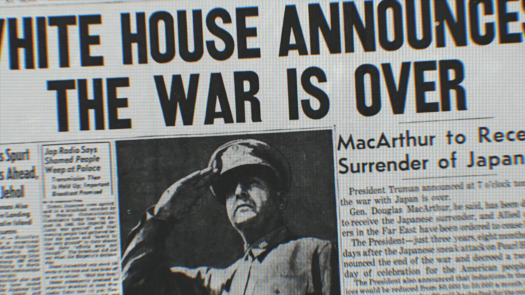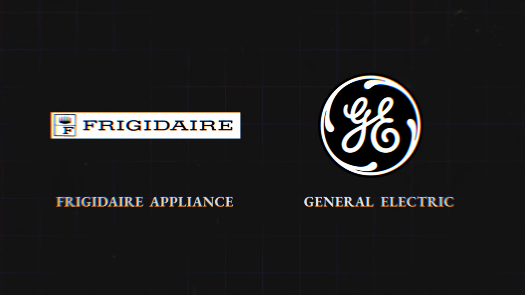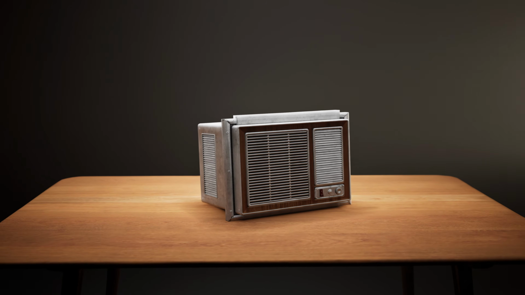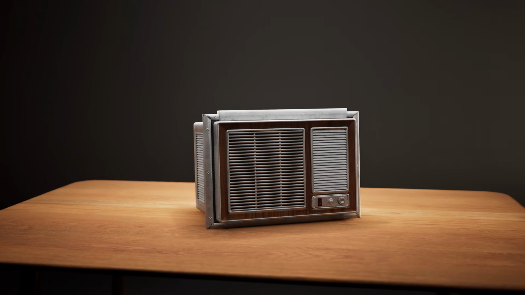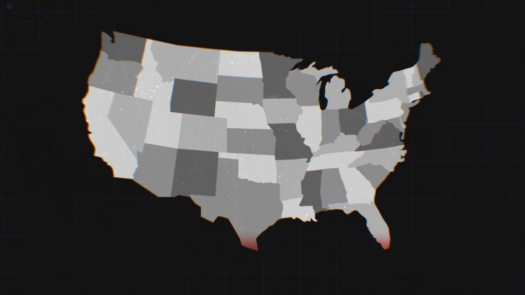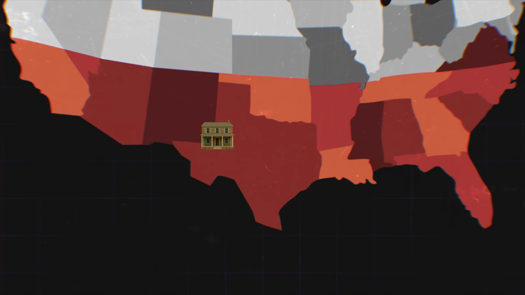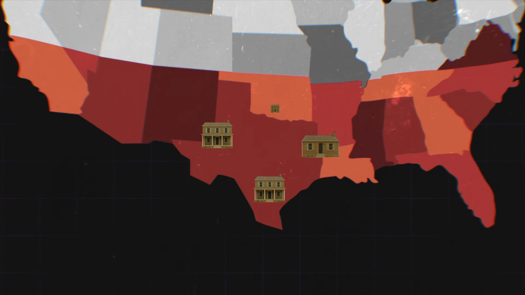After World War II, companies like Frigidaire and General Electric miniaturized the technology. The window unit was born. Early models were luxury items, costing the equivalent of over $200,000 today. But by the 1950s, mass production made them accessible to the growing middle class. And this changed everything. The Sun Belt, America's vast, sweltering, and largely underpopulated southern tiers, suddenly became habitable year-round, and